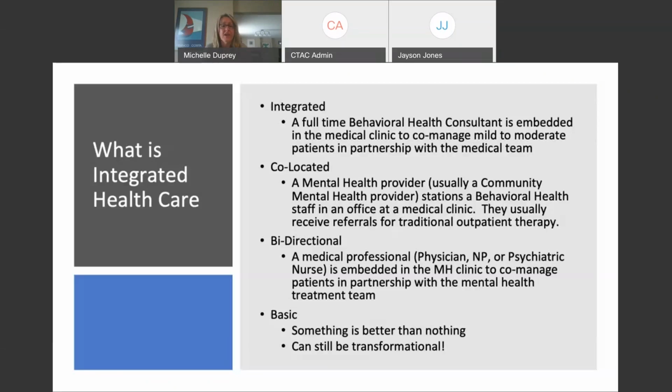Bi-directional integrated healthcare is when you primarily offer a mental health service. So you might be a community mental health provider or a mental health clinic, and your clientele's highest need is mental health services. They also have some comorbid issues that could use physical health care within the behavioral health setting. So this is where you would contract with maybe a federally qualified health center, private practice, or nurse practitioner,